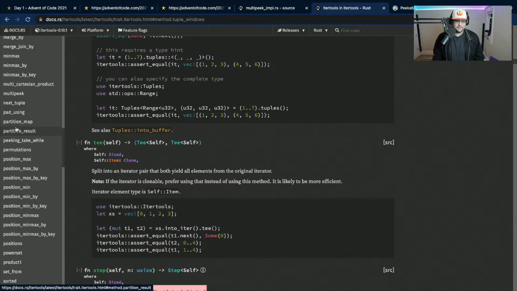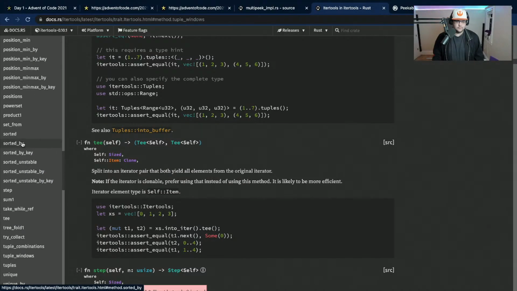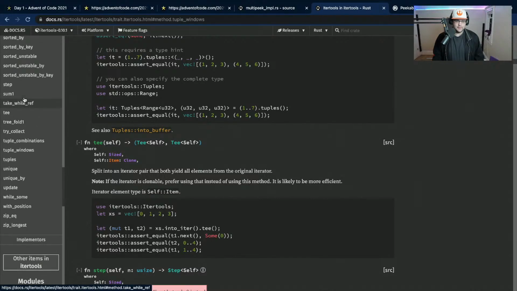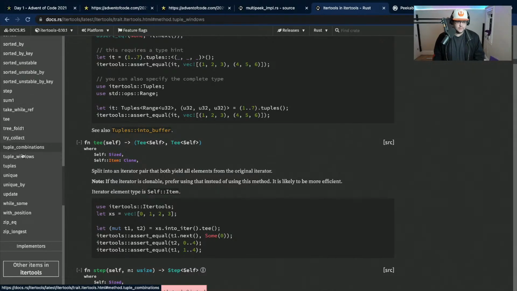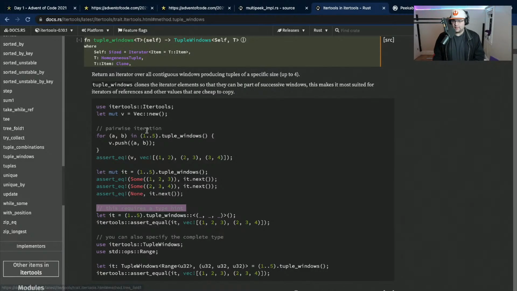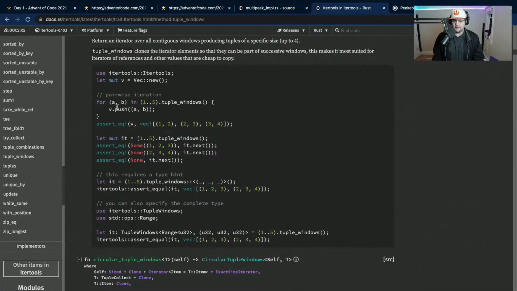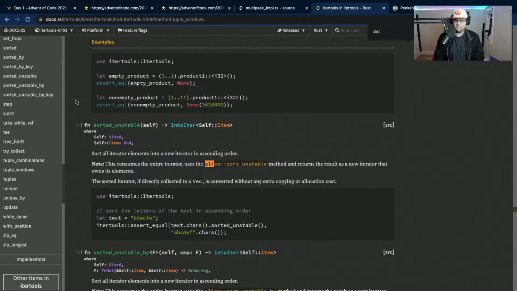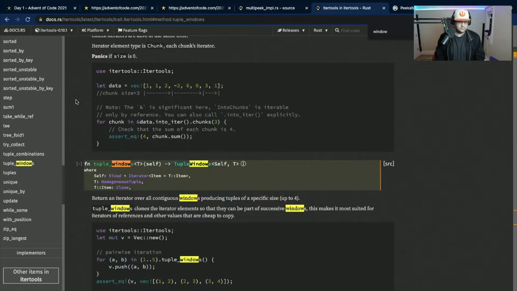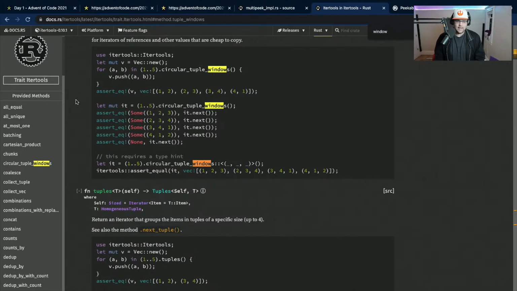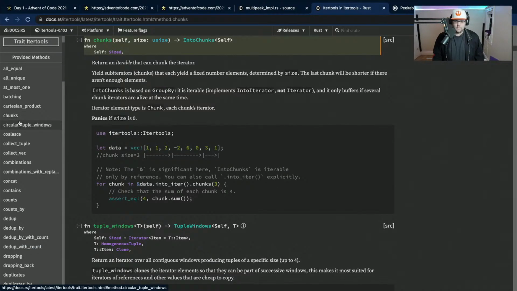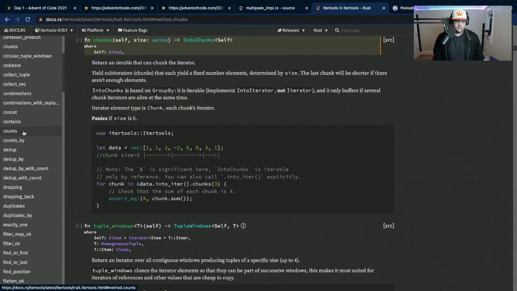Let's see what we've got here. Position power is set from sorted by. Tuple windows is what I was using, but it doesn't overlap, so like the windows aren't sliding. Looks like we only have circular and the other one.